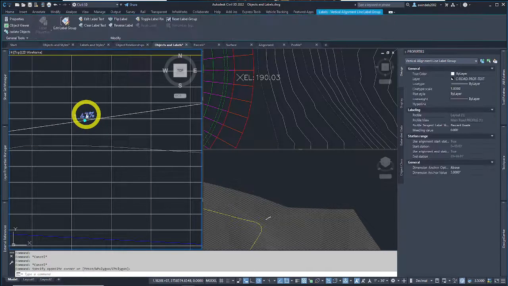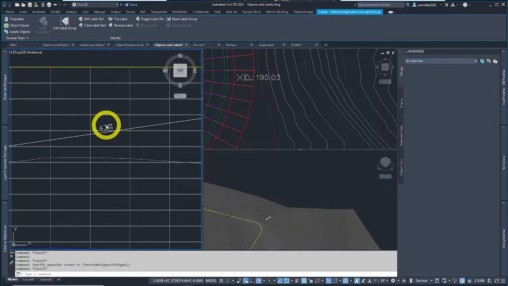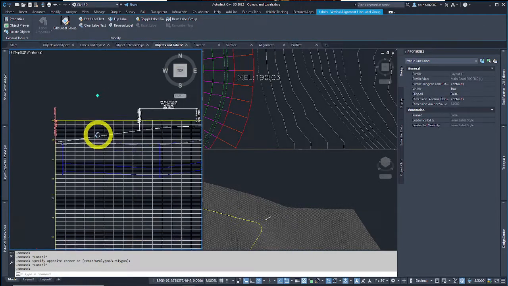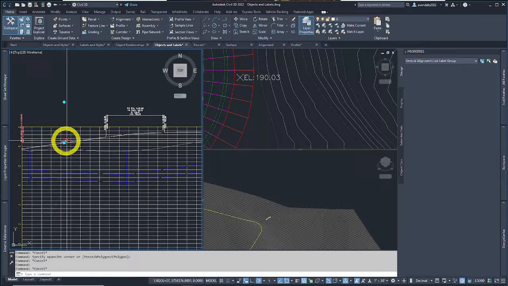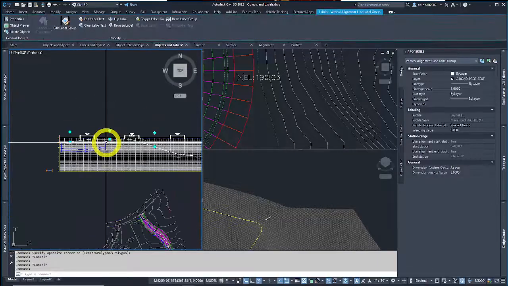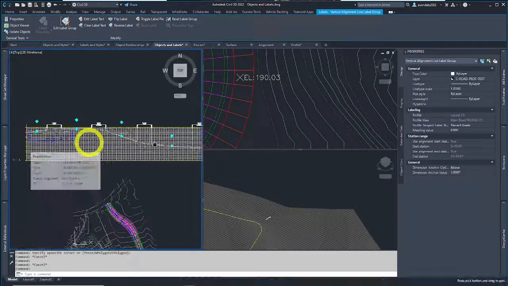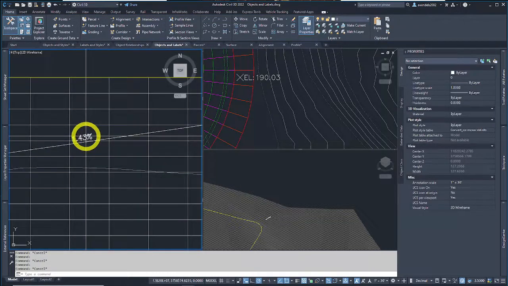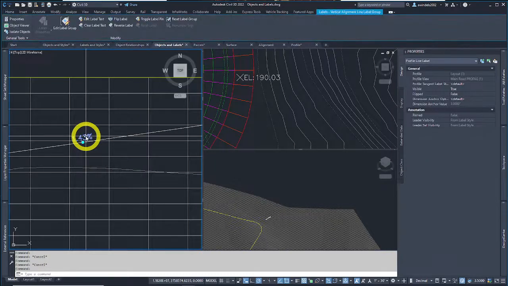This is a vertical alignment. I'll hit the control button first, and then I'll left click. I only have one selected. If I don't do that, I just pick that, it selects all of them on this profile. See that? If I hit escape, escape's your friend, it gets you out of commands, gets you out of trouble. If I hit control, hold it, now left click, I only have one